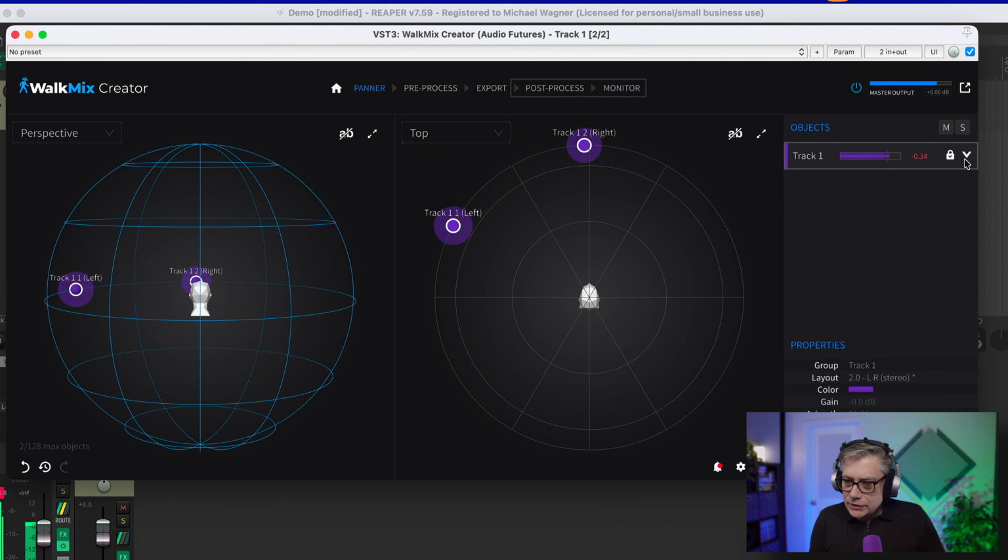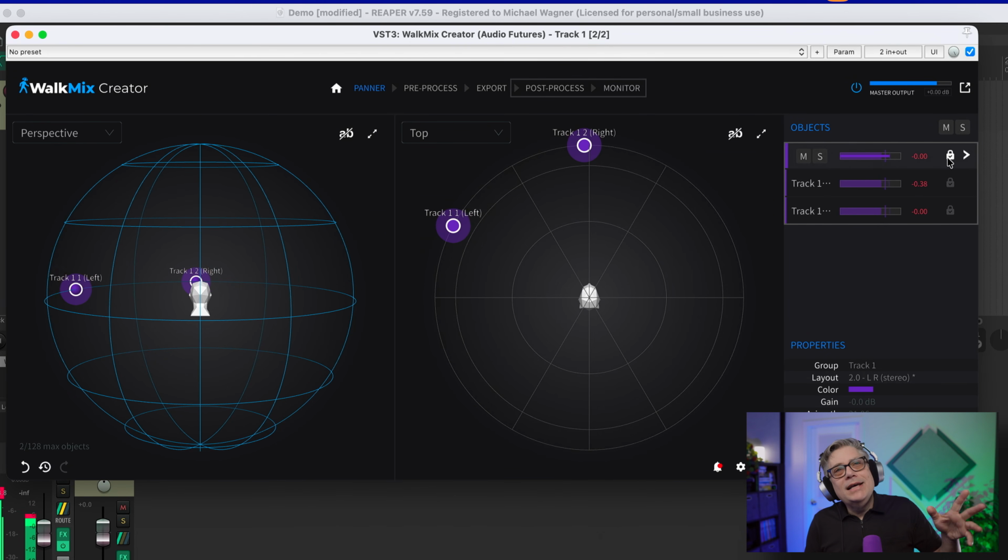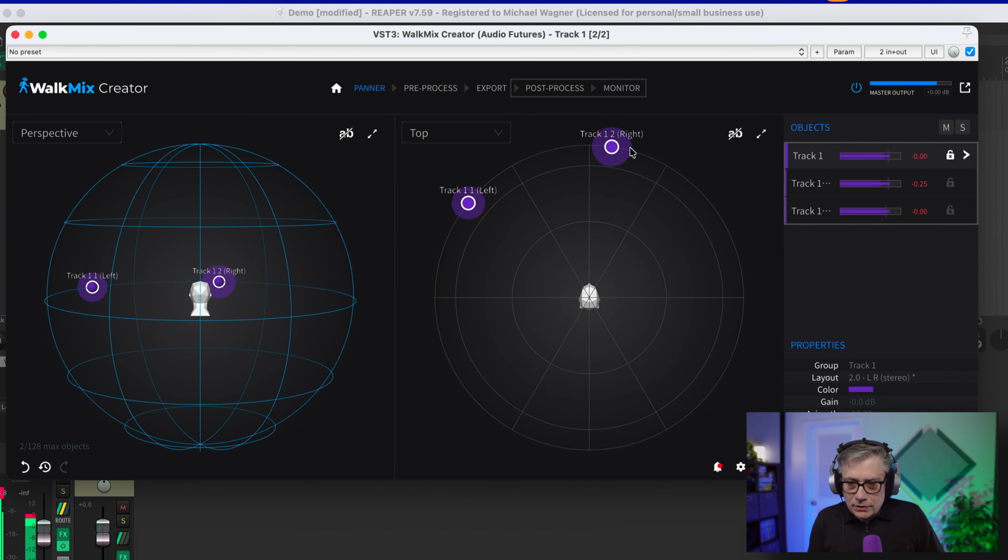Now what I want to do is actually combine them. So I want to have the left and right channel in one position simply because I want to make clearer where exactly that audio is. So for that we need to disable the locking mechanism here, and then we can, oopsie, so let me just move that in here. So we have them now together, and then let's lock that again, and now we can essentially move the left and right channel simultaneously. And that's really everything that we need to do.